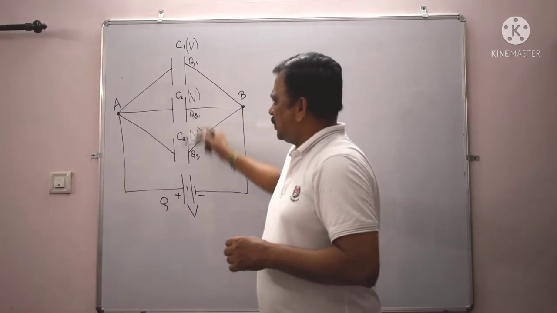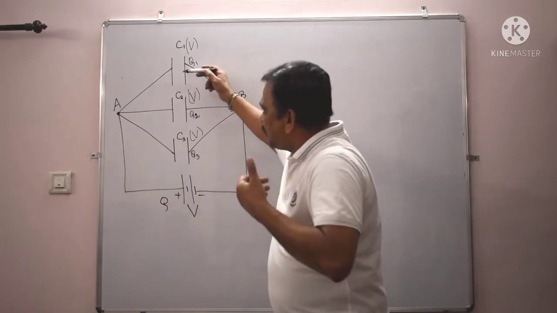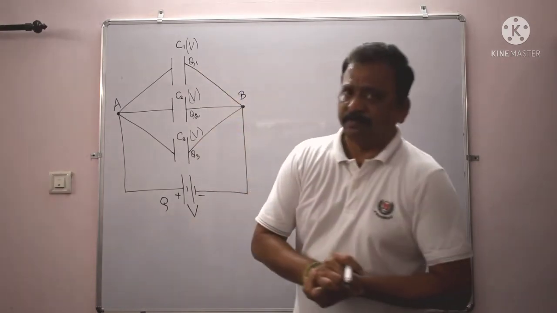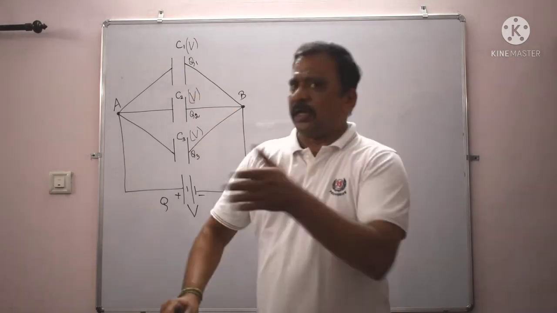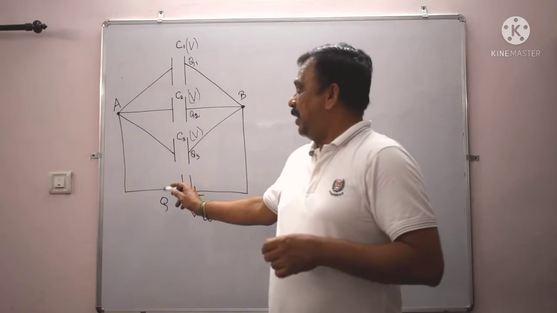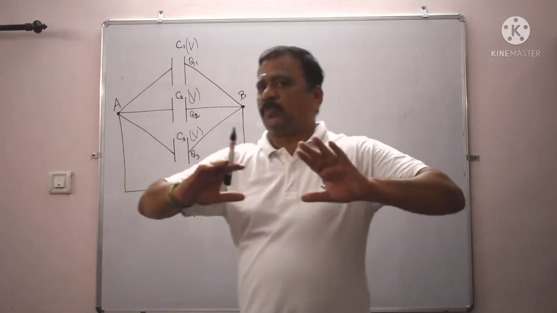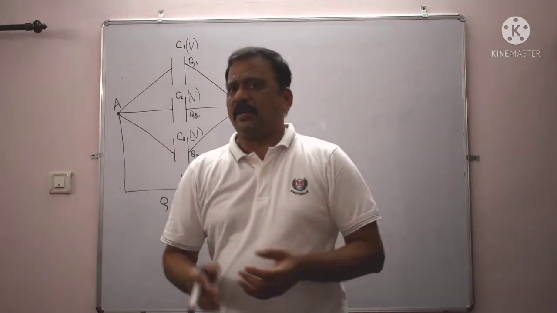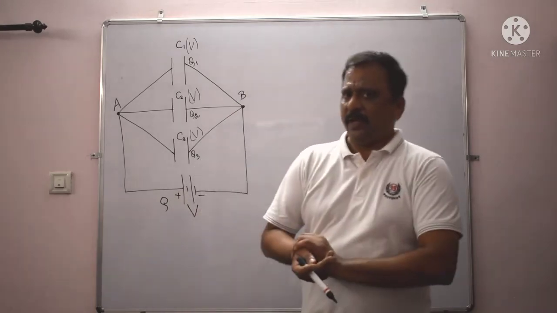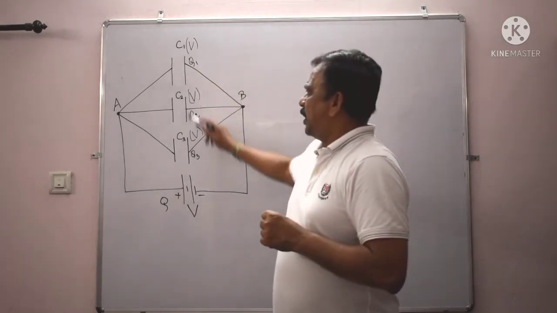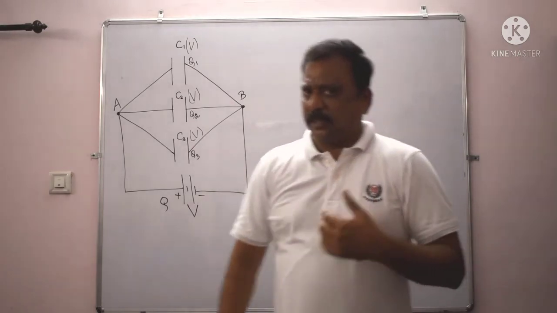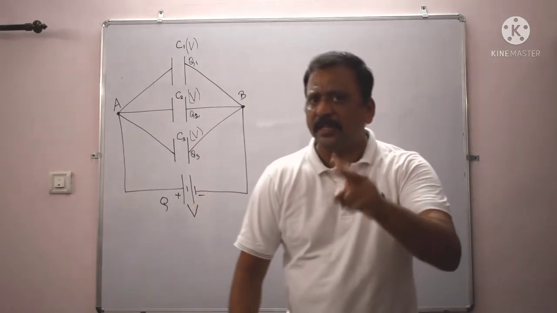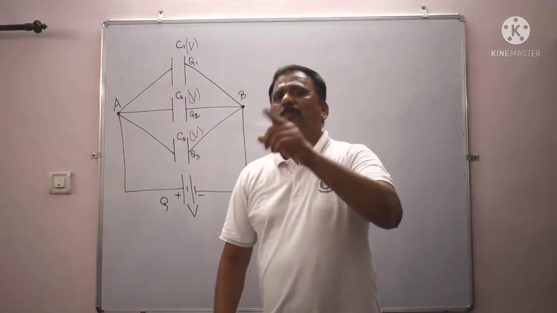So as far as capacitors are concerned, we have to say like this: the charges stored by the capacitors are different. Suppose instead of capacitors, we have components which allow the current flow. In that case, we have to say the current flowing through the components will be different, because current is nothing but flow of charges. So potential differences are the same, but the charges stored by the capacitors are different. Don't forget these 2 points as far as parallel combination is concerned.